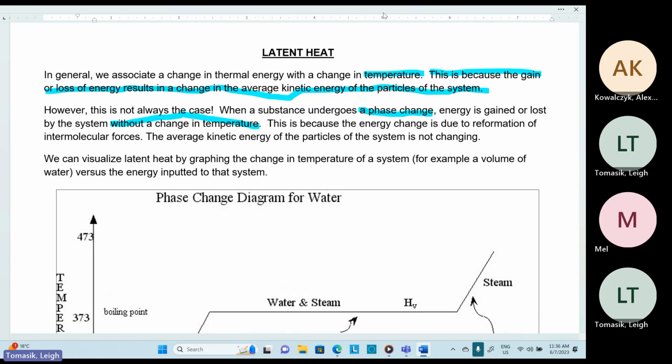at home. What do you need? You need a thermometer and you need the ability to make ice, right? So what you can do is